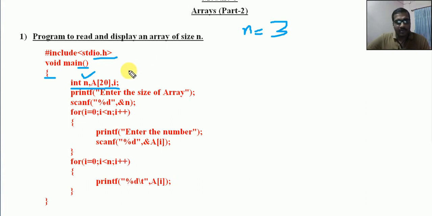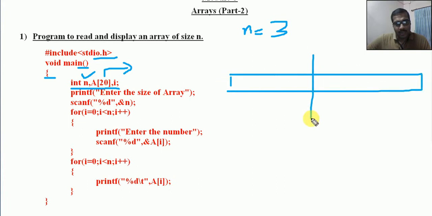Now what is the requirement of this n? We will understand that later. So n actually reads a number, how many elements are required in our array. Then you can see an array a of 20 of integer type, a of 20. So 20 is the maximum size and a is the name of the array. Now we can combine this 20 and n. Is there any relationship between this 20 and n? 20 is the maximum allocated memory, that is, from 0 to the 19th location we can have some elements.